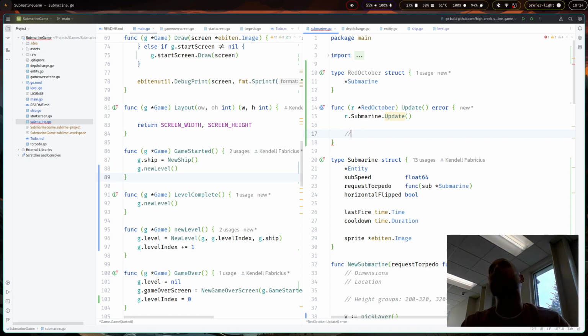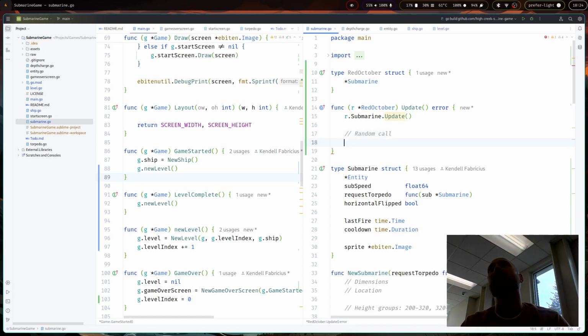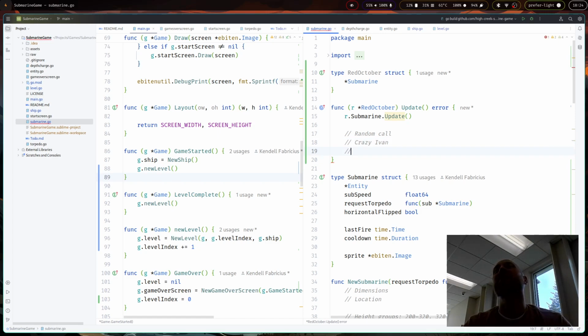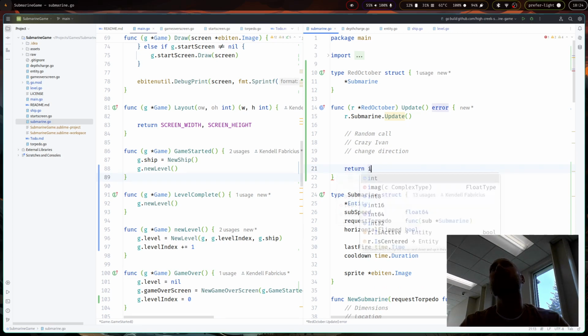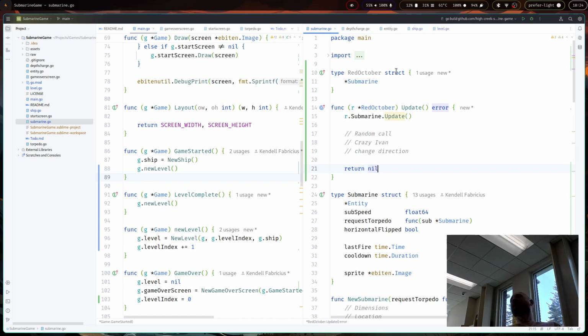And then here you could do a random call, like we were doing with the direction that it spawns in at. And then if the random call was successful, so maybe 50 or 5% of the time, then you could do a Crazy Ivan. And your Crazy Ivan would then change direction. So you could do that, and then you could randomly pick one of your submarines to be a Red October submarine,